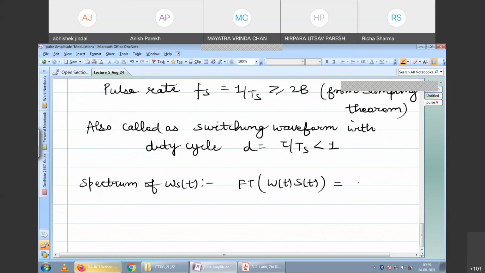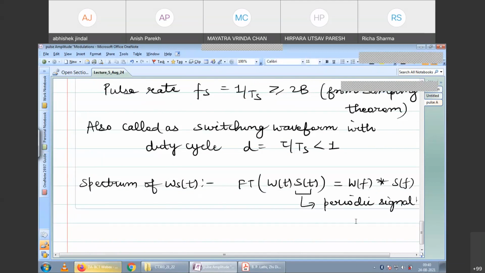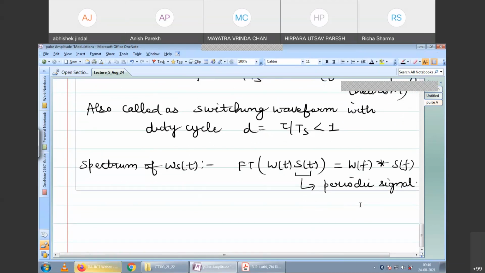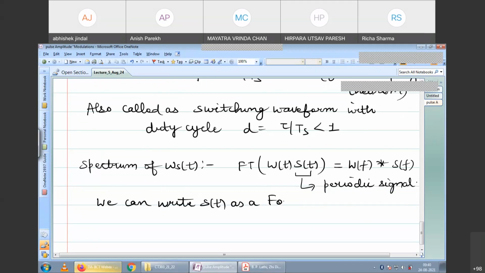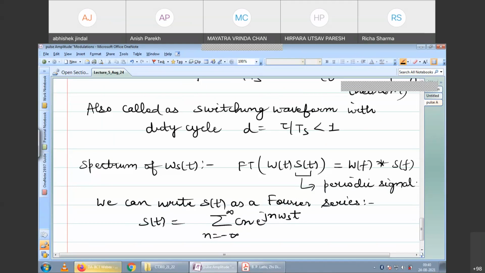Now this is nothing but, using the property, W(f) convolution with the Fourier transform of s(t). Now you know that s(t) is a periodic series. Okay, this we have answered. So for this periodic signal, I think I have already told this, but just for the sake of repetition, let me write. This can be written as a Fourier series. So we can write s(t) as a Fourier series this way: s(t) is nothing but summation c_n e^(j n omega_s t), where n lies from minus infinity to plus infinity, and omega_s is nothing but 2 pi by Ts, and where c_n is